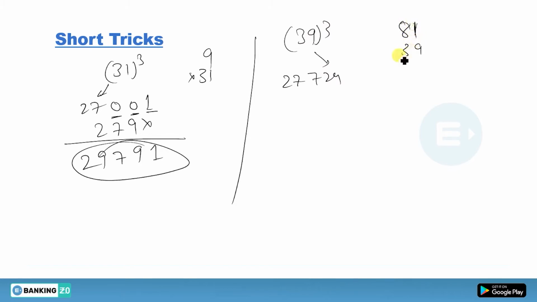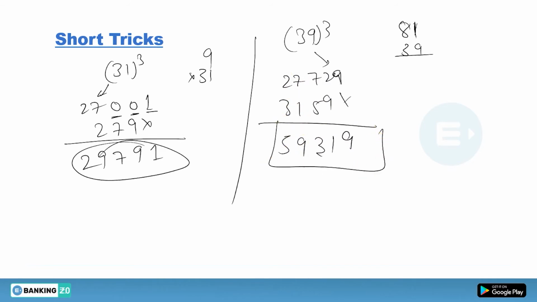So you have to use the table of this 39. 39 into 1, you will get 9 here, 3 carry. 39 into 8. Now we don't know the 39 table for 8. So can you find 40 into 8? You will know 320. 320 minus 8, 312, and 3 carry, 315. Now add this 9, 2 plus 9, 1, 7, 5, 12, 12 plus 1, 13, 1 carry, 7 plus 1, 8, 1, 9, 2 plus 3, 5, 5, 9, 3, 1, 9, this one is the answer.